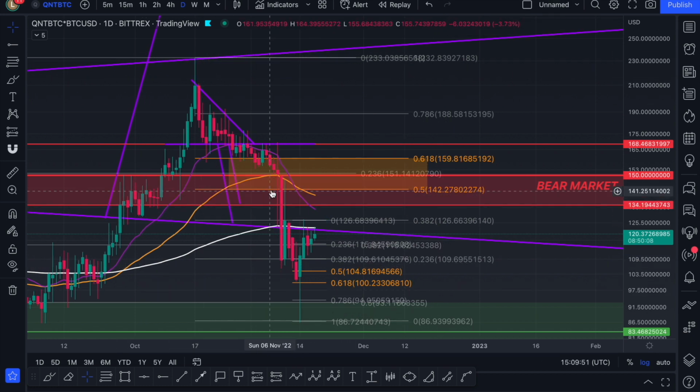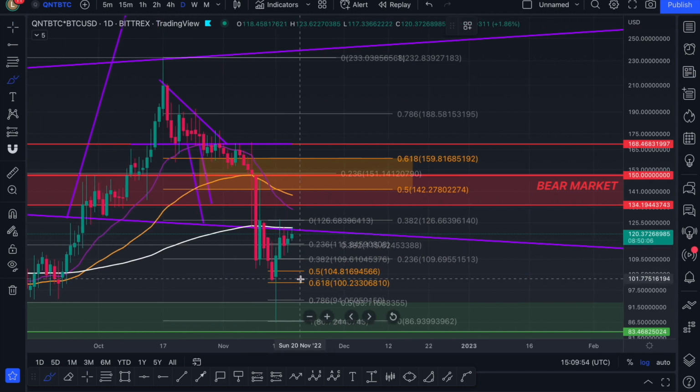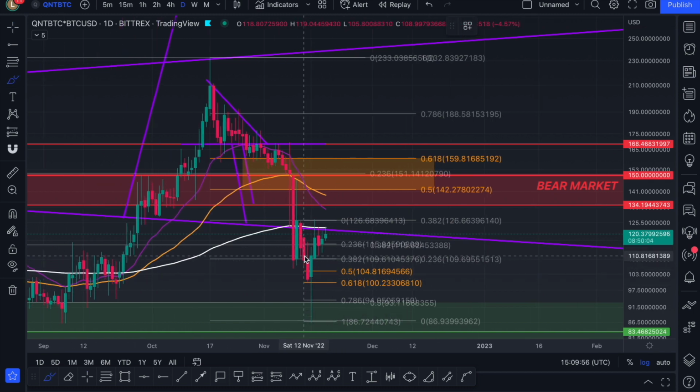But that's not what I believe is going to happen. Of course, it can definitely happen. But for me, the reality is I just see too many walls ahead. It doesn't mean that it can't go through it. Of course it can. But I don't know if there are any fundamental things around the corner. Let me know, guys, in the comments down below if there is something that could push this up.